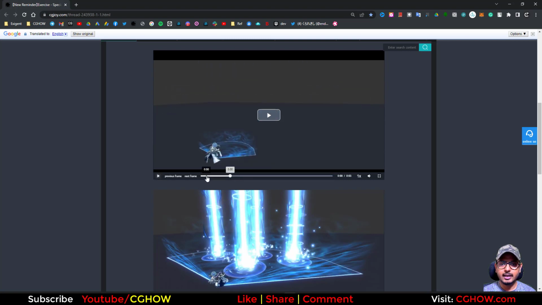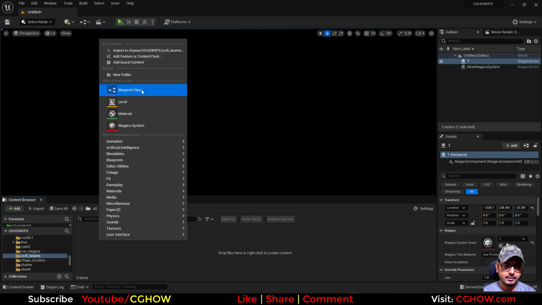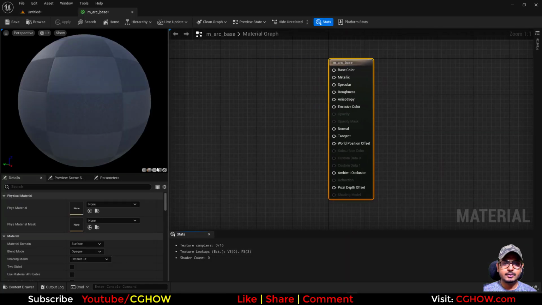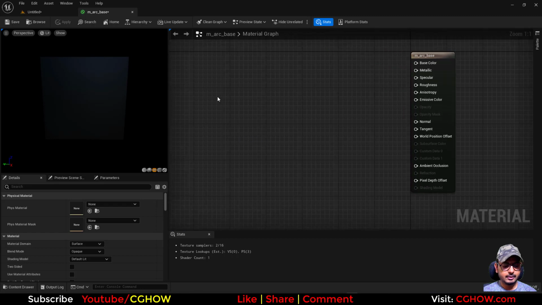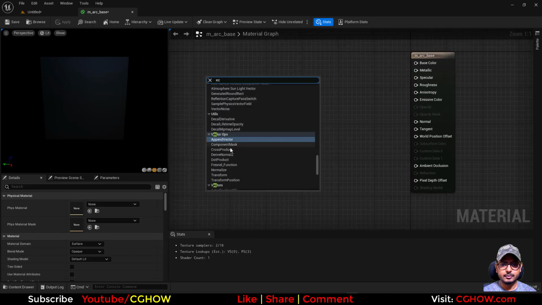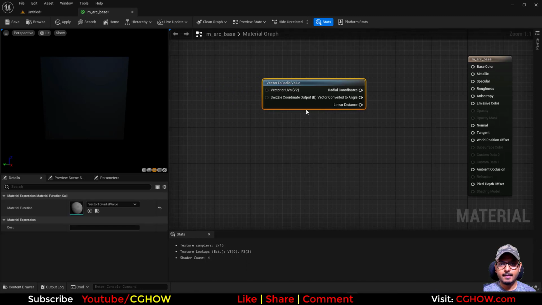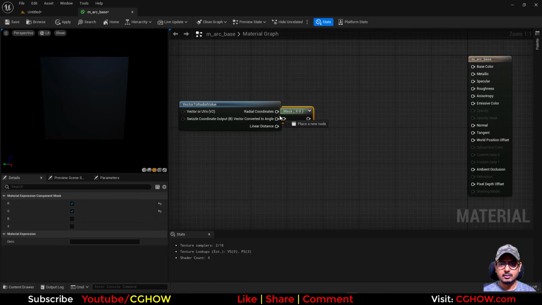So these are 3 elements in the base: this front arc, then this base, and these 2 sides. So I'll just create a material M arc base, and if you're working on a sprite, you can take vector to radial. Just type vector to radial, and if I mask,